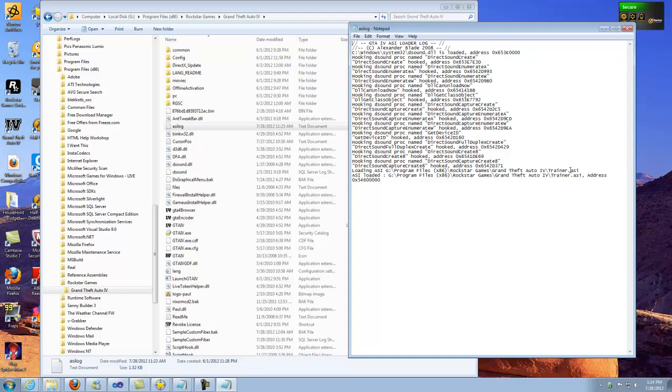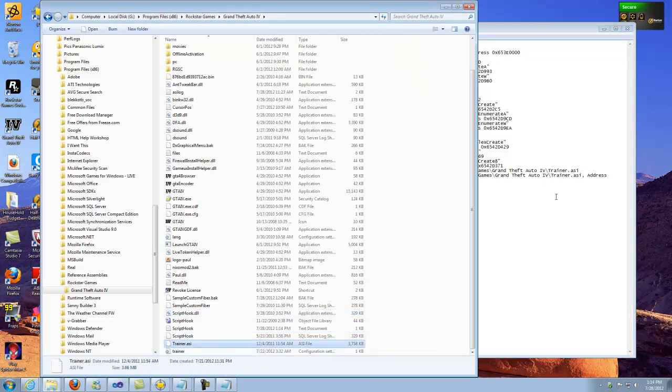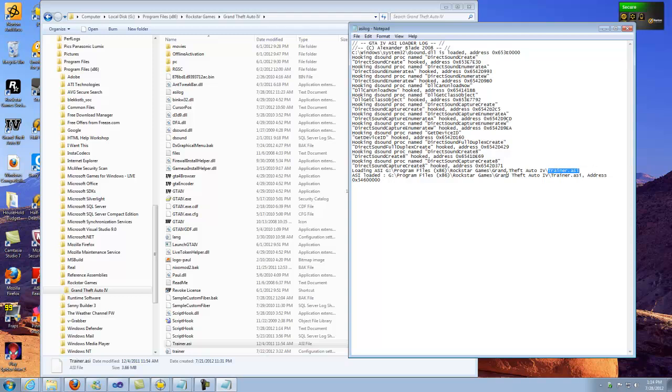And then when you get down here to the bottom, it's going to pick up the trainer. This one, for example, I have the simple native trainer set up, so it's going to pick up trainer. And then on the second one, it's going to repeat it again, but this time it's going to show an address after it. Now pay attention to this number right here,